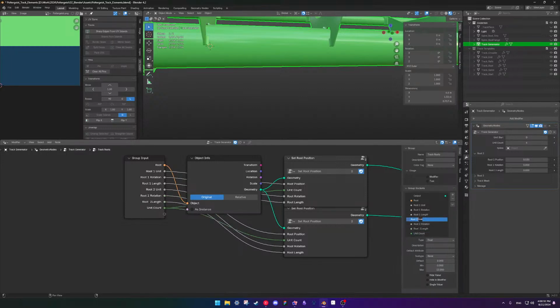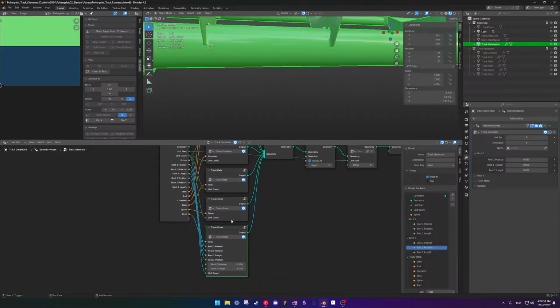We're going to call this position instead of unit. Position. Perfect. Rotation, length.